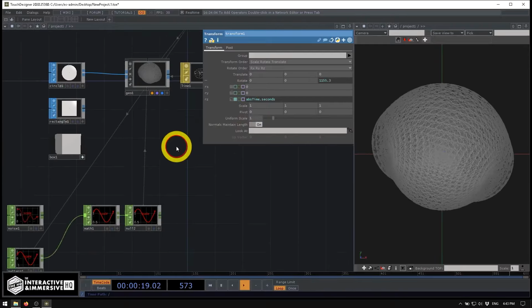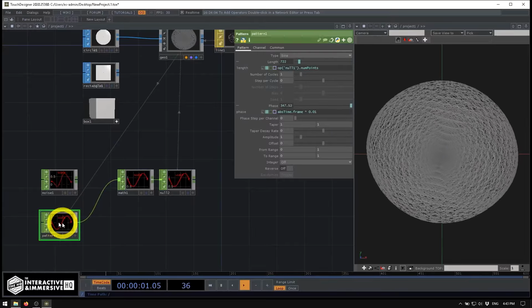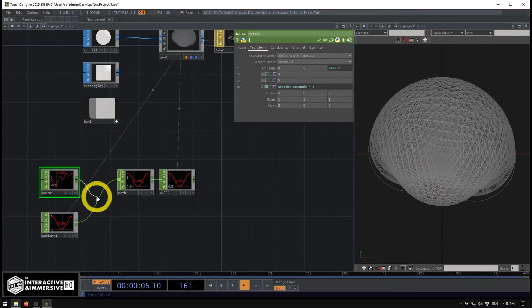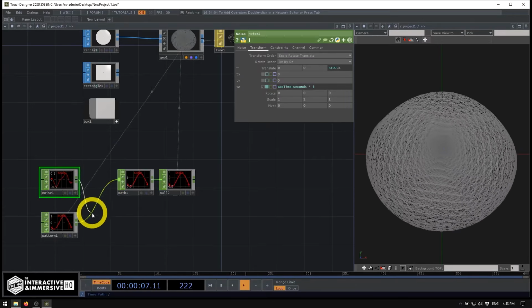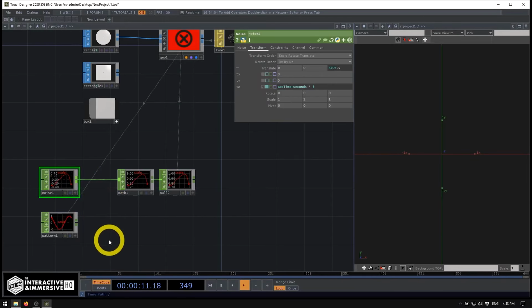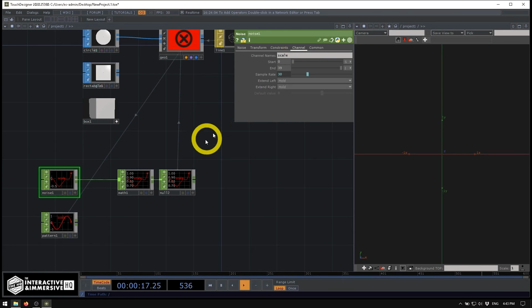You can also go back and maybe instead of using just a simple sine wave, we want to use some noise. So I'll go ahead and plug my noise back in, and like I said, you can just take the output of the noise and highlight the wire of the pattern to overwrite it. Now in this case, we do have to update the amount of samples in our noise. So I'll go over to channel, and I can do a very similar thing like I did before. I'll drop this down so it's easier to see,